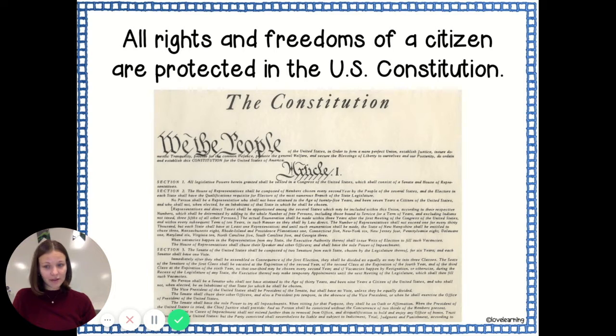In the Constitution, there's a thing called the Bill of Rights. It's the first 10 amendments, and it's basically what our rights as citizens are, and they're protected under the Constitution. So, for example, one of the first amendments is the right to freedom of speech. What that's saying is we have the right to pretty much think or say whatever we want in the United States, and we're protected under that. I mean, there are other rules that go along with that, but we have the right to protest. We have the right to publish what we want.